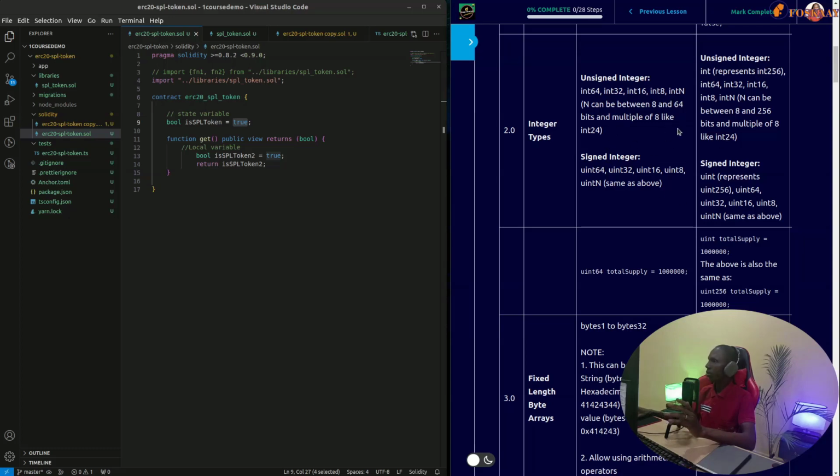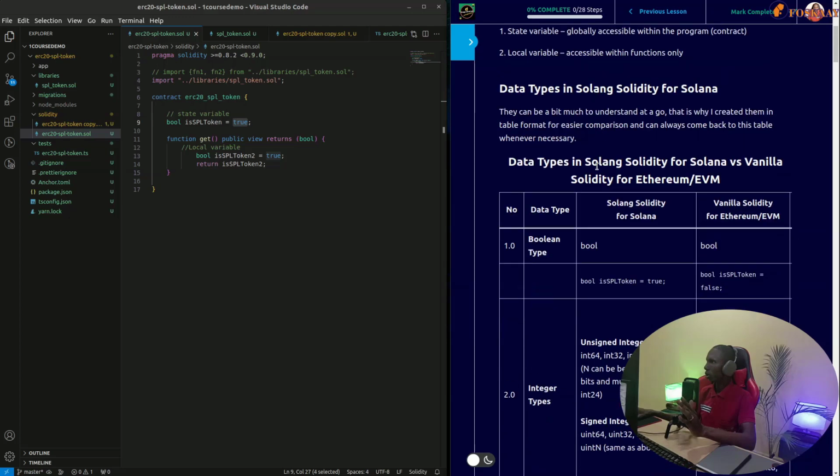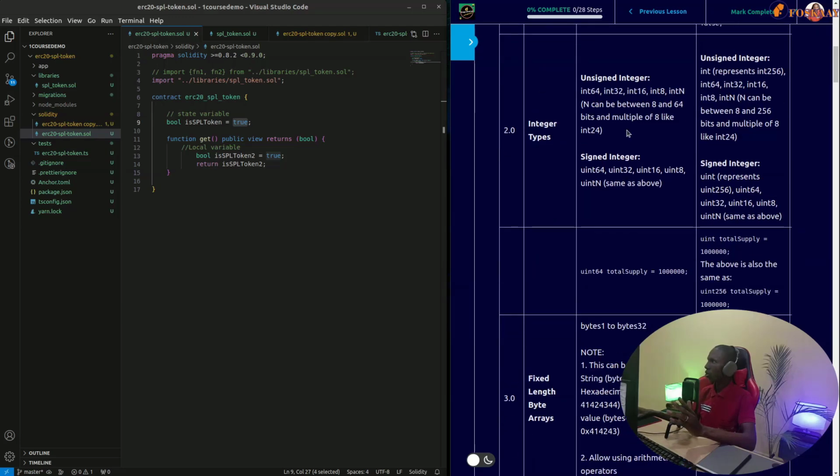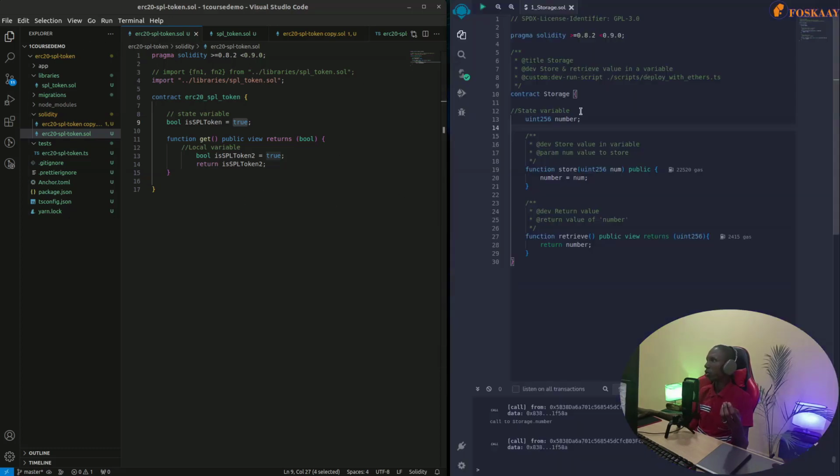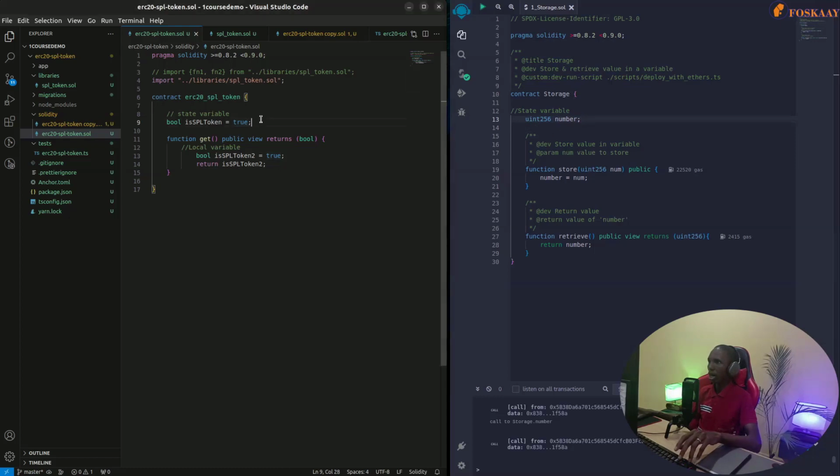They have the same thing both on Solang Solidity and vanilla, but the only major difference you can see while you are developing is that this one based on Solana is maxed at 64, but on Ethereum, the normal EVM, you can currently have up to 256 int or uint. So that's why you will notice when this was declared here, it says using uint256 numbers. So this same one, if I want to declare it here